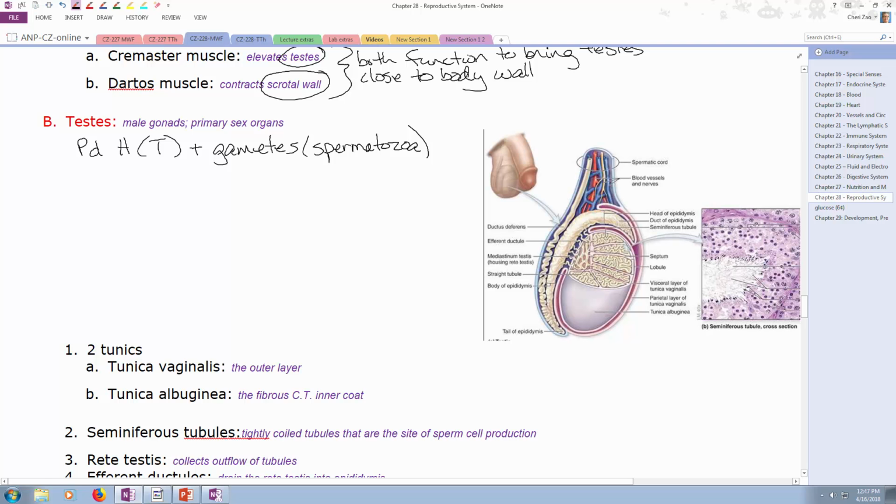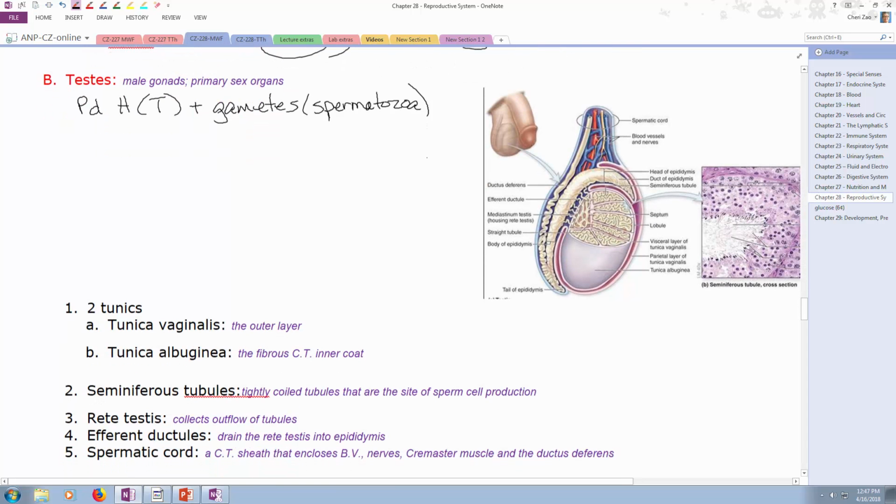As you are familiar with the cat anatomy, the testes has a couple of tunics. Tunica albuginea is one I prefer to talk about first because that's the true outer limiting border of the testes. So it's the fibrous CT coat that's inside the tunica vaginalis. But it is actually the border